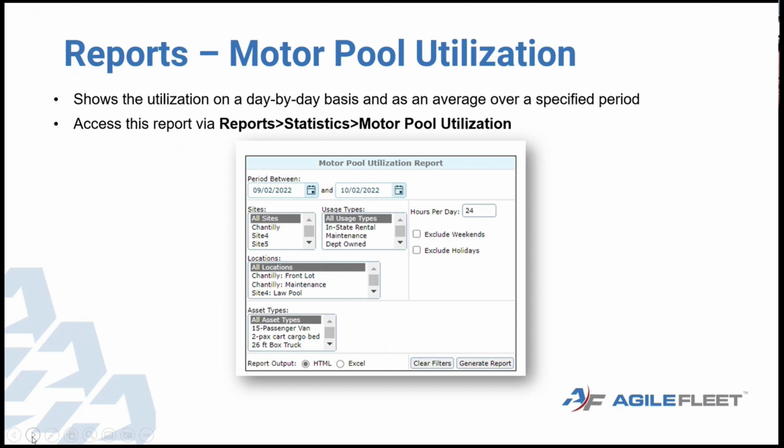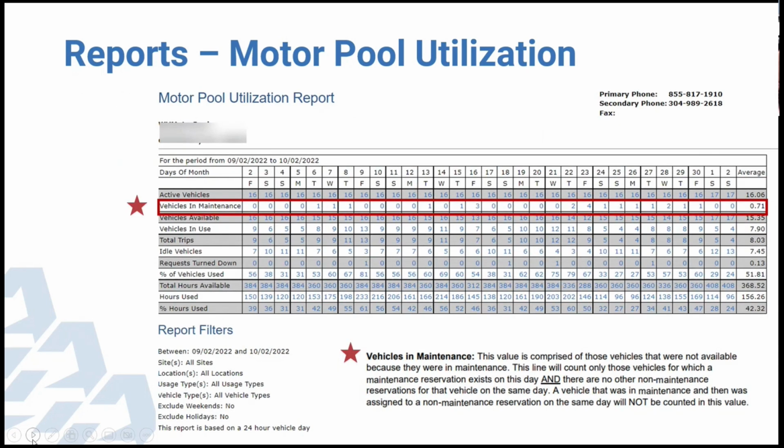But another report that's tied into maintenance reservations is the motor pool utilization report. This is found in reports, statistics, motor pool utilization. When you choose your date range on that, you're going to be presented with results that look like this. And what this shows you is, over the course of a specified time, in this screenshot here, we're talking September the 2nd through October the 2nd, and this is just a small section